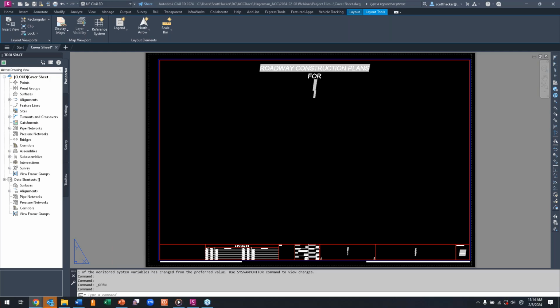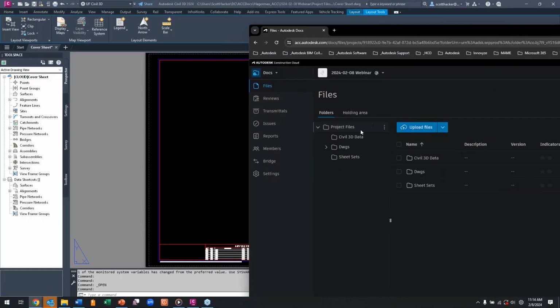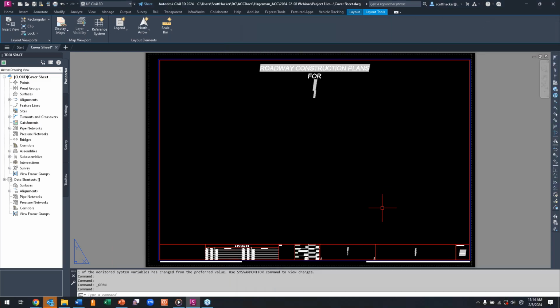I'm going to access my projects, and we'll drag this over. So here's the project that I have for today. So I currently have webinar project files, DWG, and cover sheet. Now, as soon as I click on that,